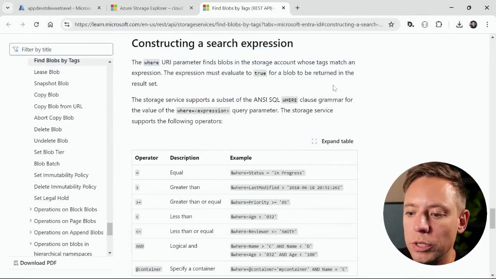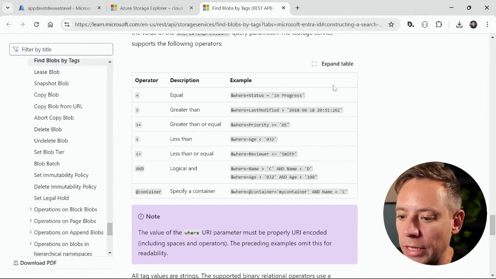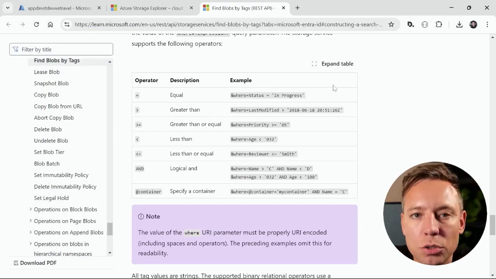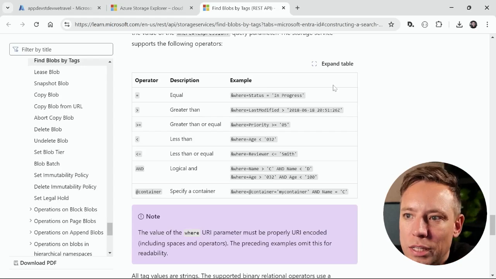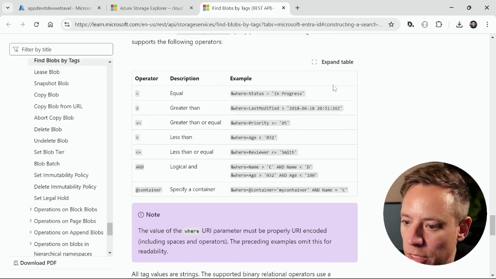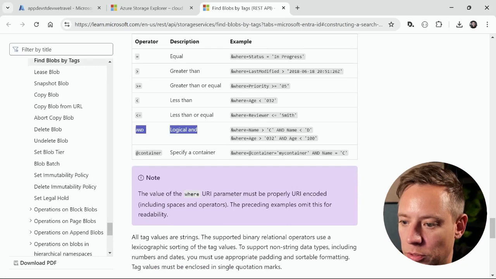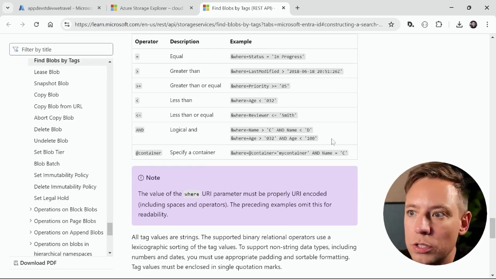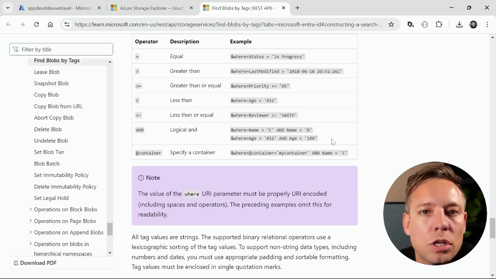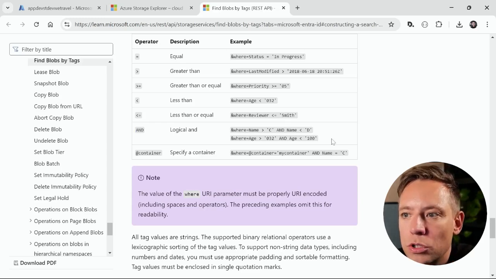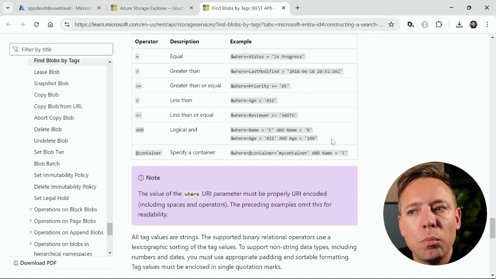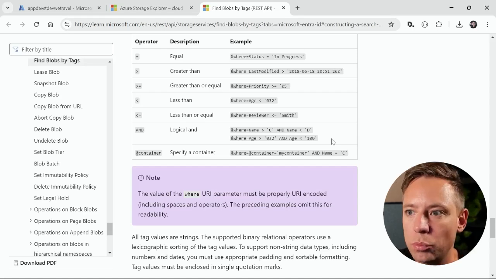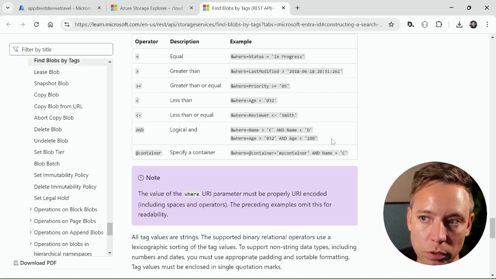So the first thing we need to construct is the search expression, the where clause. And just like with table storage, what we can do here is quite limited. As you can see, AND is possible, but OR is not. And that makes sense for this type of data storage. So that means that we have to fetch each blob one by one to get the URI. We can't just fetch a series of blobs in one go. So what that means is that we need to fetch each blob one by one and then get the URI